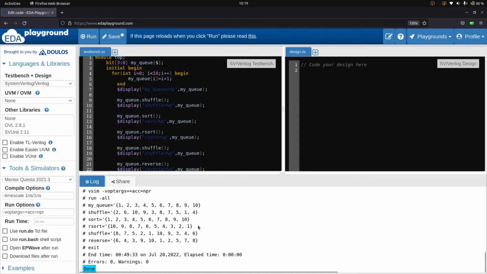Very simple methods are available, right? After that shuffle, so all elements will interchange their positions again, and after that I am performing the reverse operation. So you can see the last value will become the first value, and the second last becomes second from the first side, or from the MSB side. Simply the first value becomes last. So all the array elements become reversed. Okay, so these are very flexible methods associated with any kind of arrays, right?